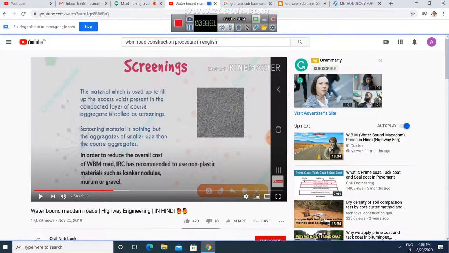Such materials you call screenings. Screening is nothing other than smaller size aggregates. We will be using non-plastic materials like murum, gravel, kankar nodules. These are some common examples of materials used as screenings.